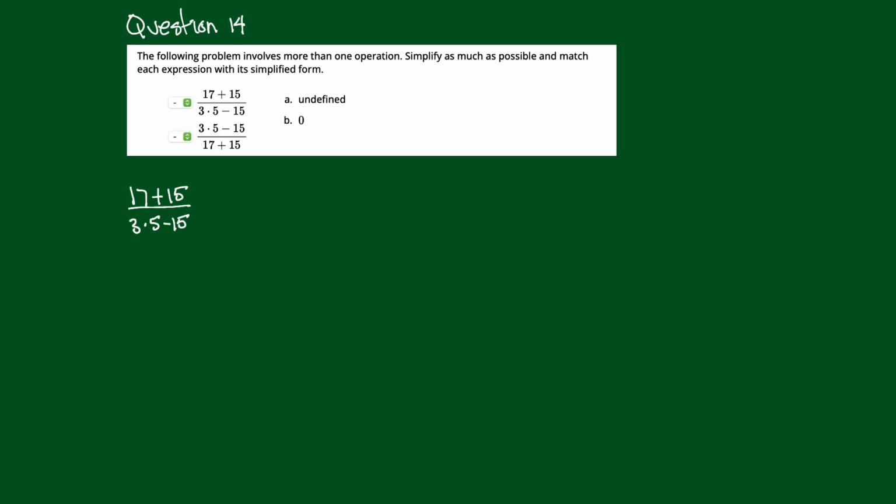Now in the top, the numerator here, 17 plus 15, that's 32. And in the denominator, the bottom, 3 times 5 is 15, so I'm going to get 15, and then minus 15. Oh, do you see what's happening here already? You get 32 over 15 minus 15 is 0. Now what I've got is a non-zero